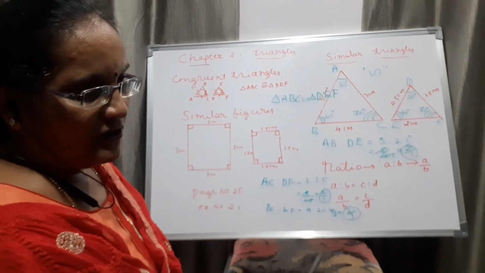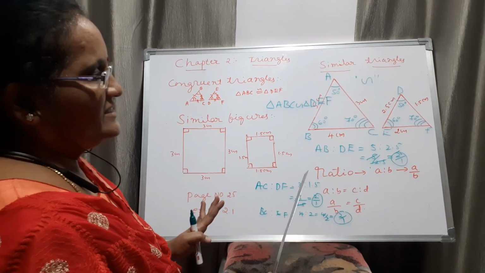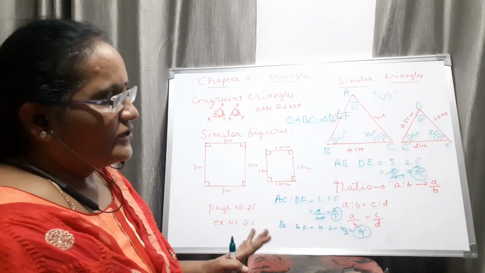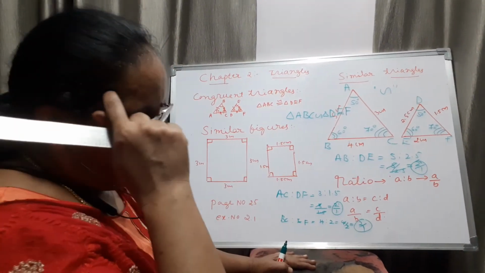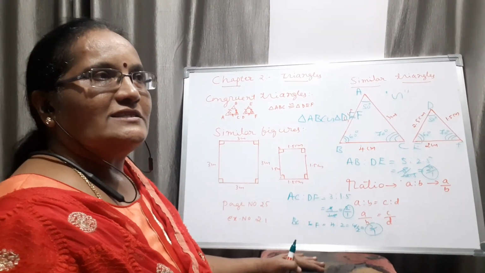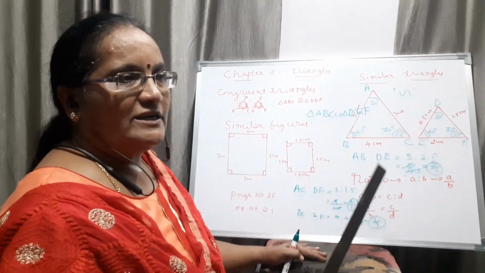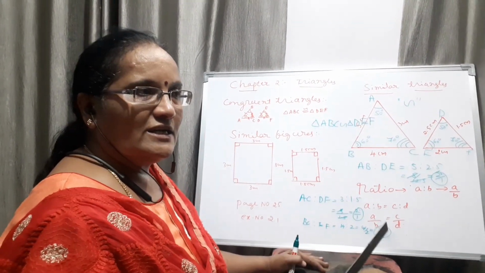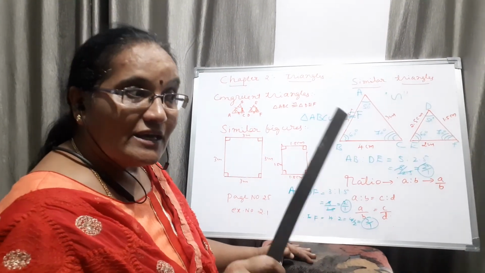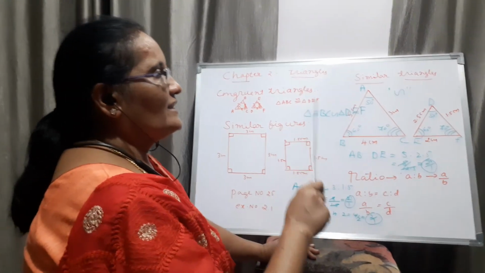First I will explain all these three, then we will prove the Thales theorem. Proving the Thales theorem is a 3 marks or 4 marks question. It is very important. It is called the basic proportionality theorem, or BPT theorem, or Thales theorem. In the examination they can also ask for 1 mark: state the BPT theorem, or state the basic proportionality theorem, or state the Thales theorem, because the name is there. It is given by the mathematician Thales, therefore it is called the Thales theorem.